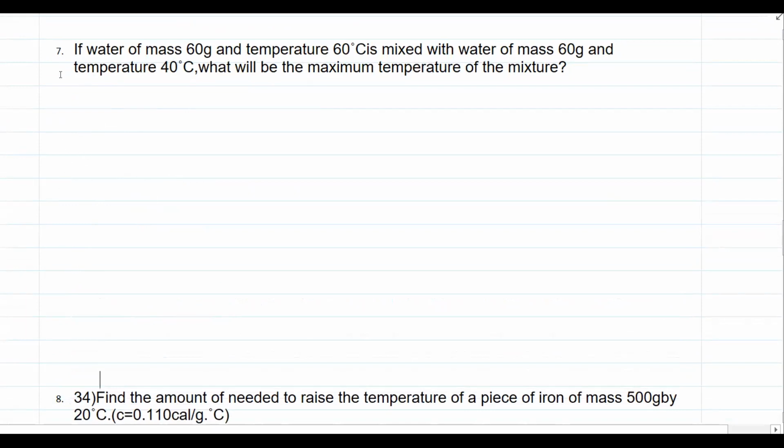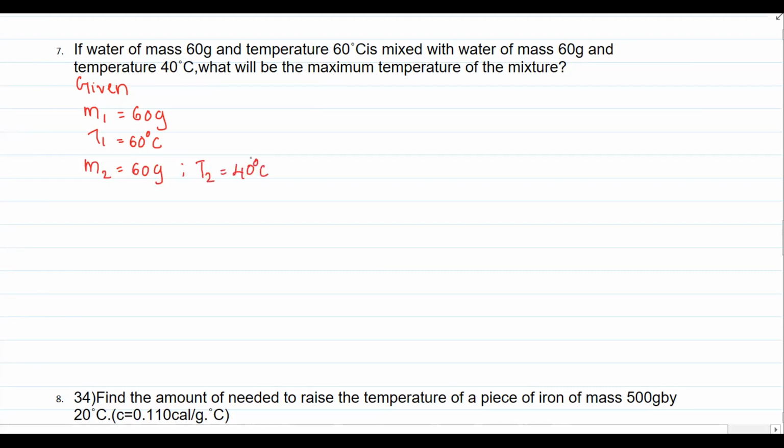This is what we want to calculate. So here it is given. Mass of water 60 and mass of water 60 at 40 degrees Celsius is given. So we can write, water at two different temperatures are mixing. M1 is 60 gram and temperature is given. T1 is 60 degrees Celsius. Okay. M2 is also 60 gram. T2 is 40 degrees Celsius.